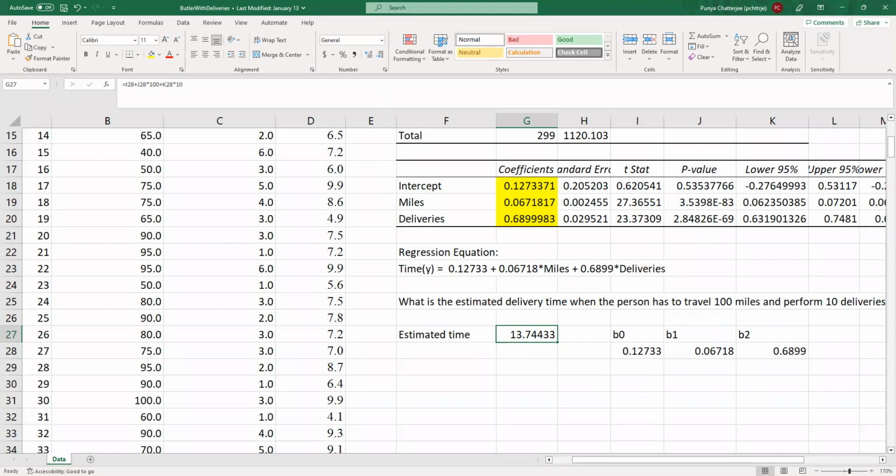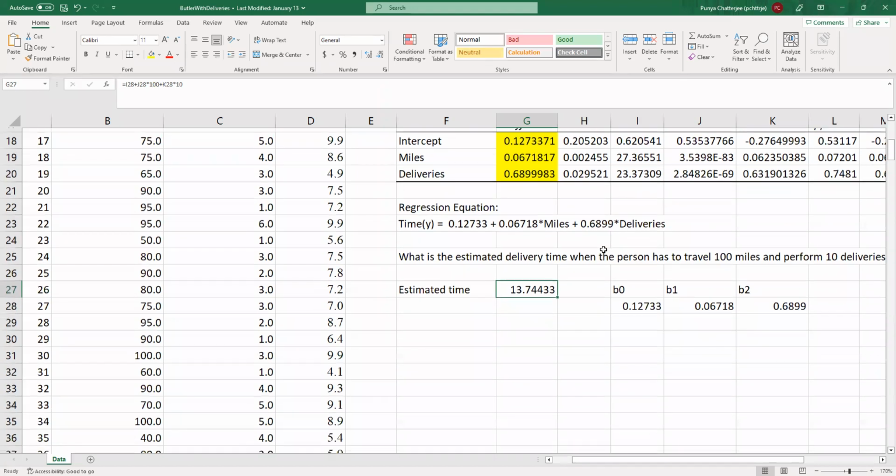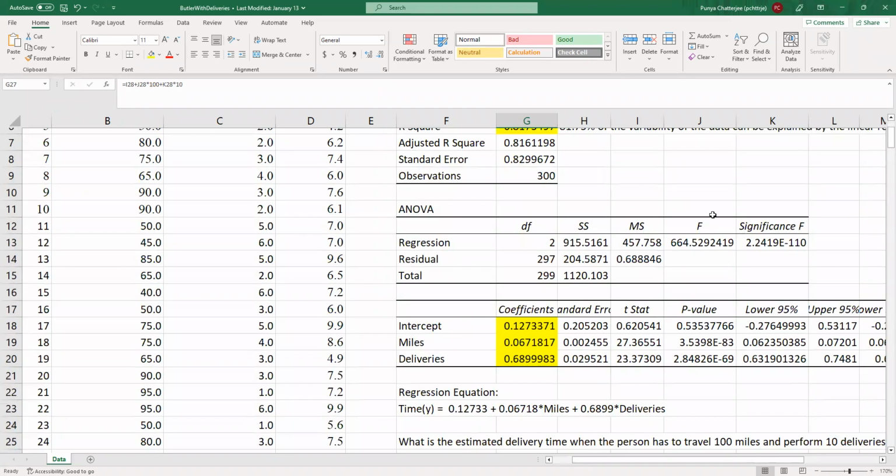Okay, so that's about it. The basics of multiple linear regression. And next, we will learn to interpret everything else in this model, in the rest of the regression portion of